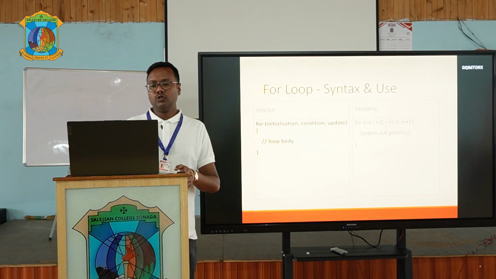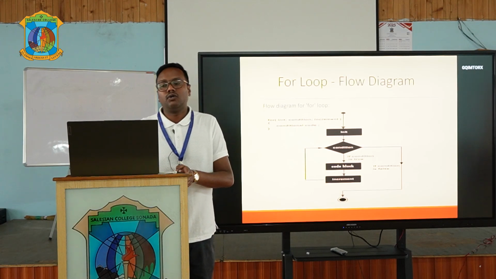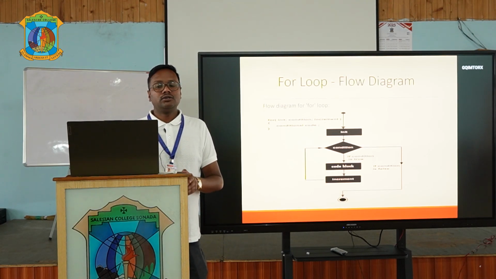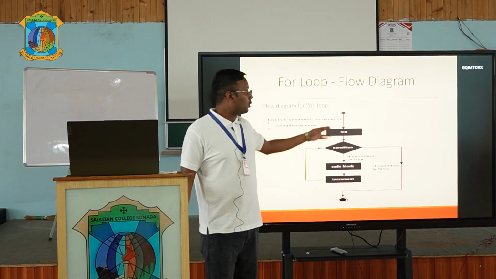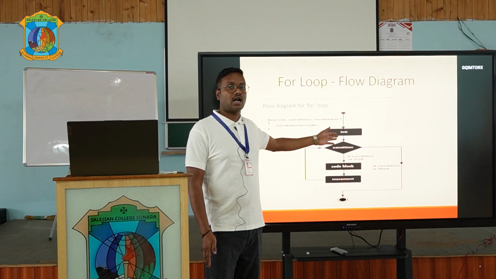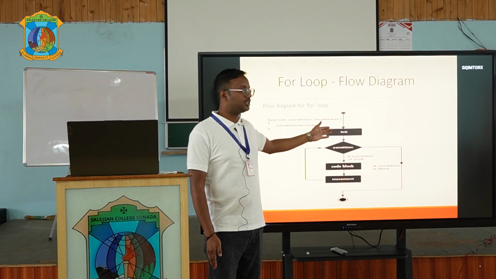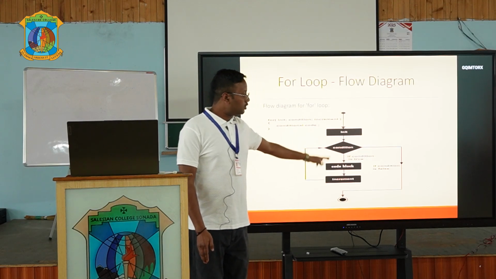Now we will see the flow diagram of the for loop, right? Over here we can see that we first need to initialize the variable. That is the starting condition, we need to give the initial condition. After that the condition will be checked, right? And if the condition is true,